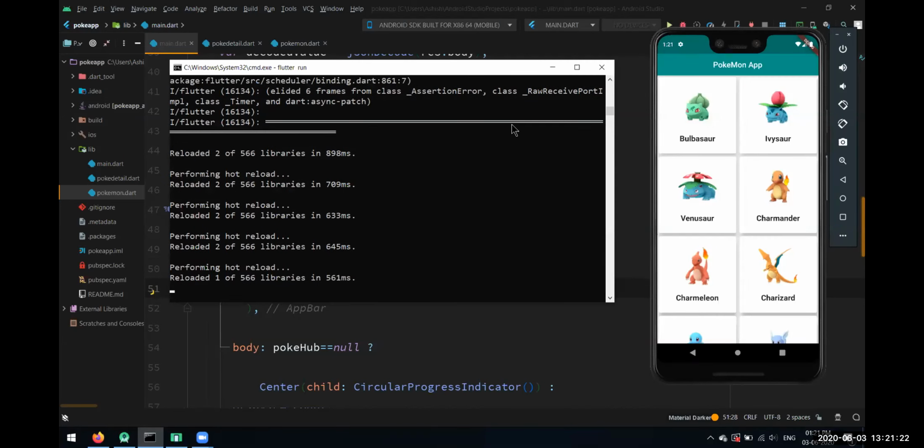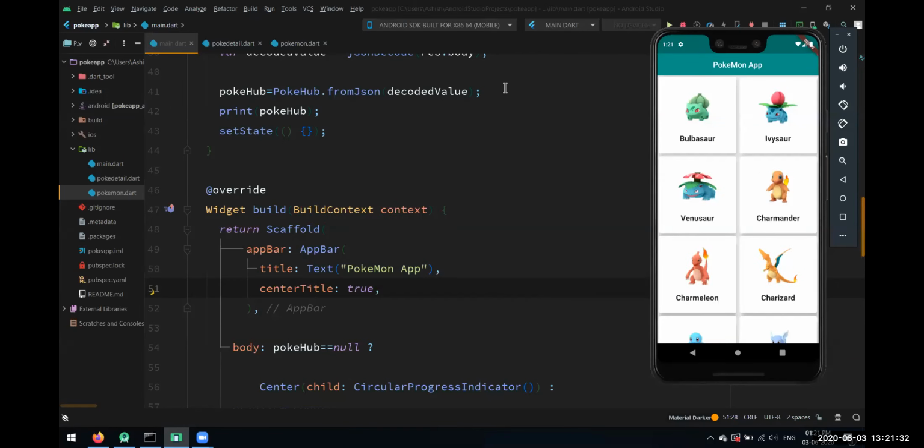You can do more decoration if you want. If you want to decorate this, you can edit it to any extent you wish. Today I just tried to show you the basic widgets which we can use. Today we used a JSON file, JSON object.